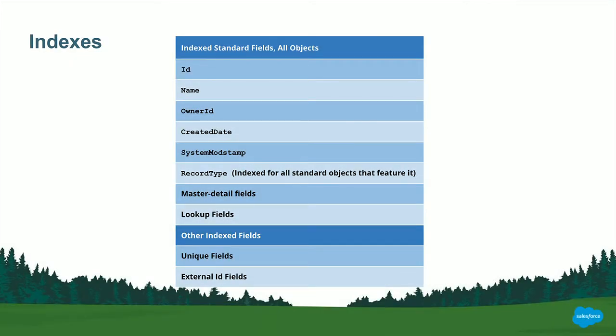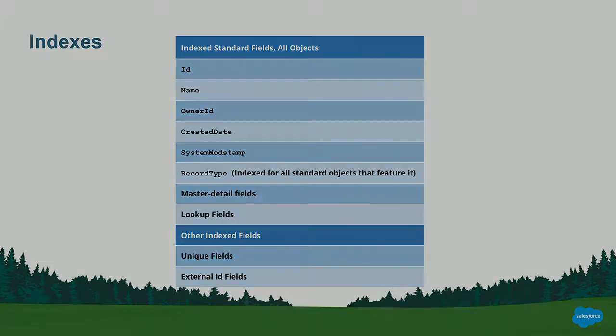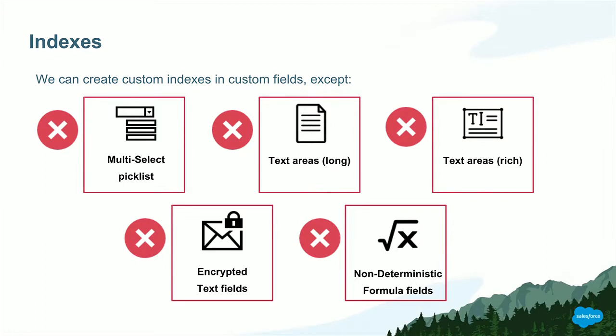So Salesforce automatically creates all those indexes for us. ID, name, owner ID, created date, and system modstamp are standard fields, and therefore standard indexes. And master-detail, lookup, etc. will be indexed independently, whether they are custom fields or standard fields. And what will happen with the rest of the fields? Okay, keep calm, don't panic, because we can ask Salesforce support to create an index for any fields